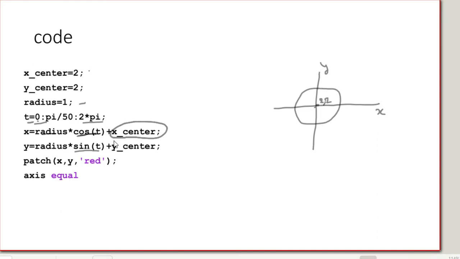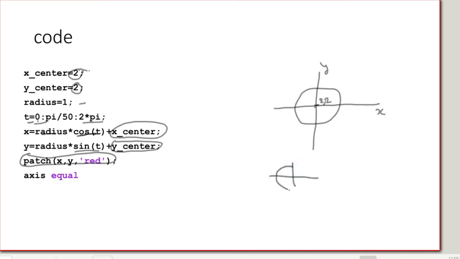You can see the x center and y center values. This will determine the center point of the circle. Here we have taken x center and y center as 2 comma 2, and this will produce the center of the circle at the point 2 comma 2. With the help of the patch command, we have generated the filled form of the circle.